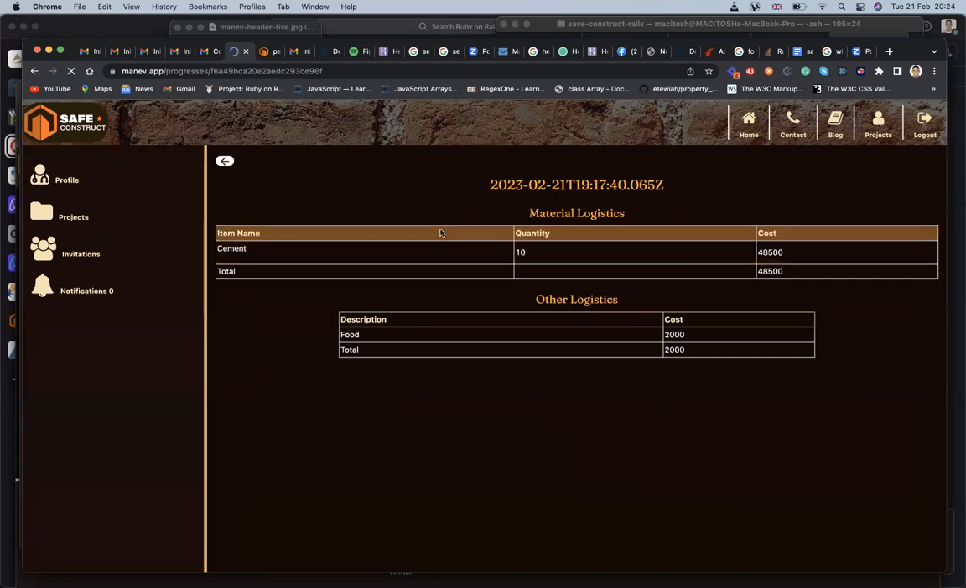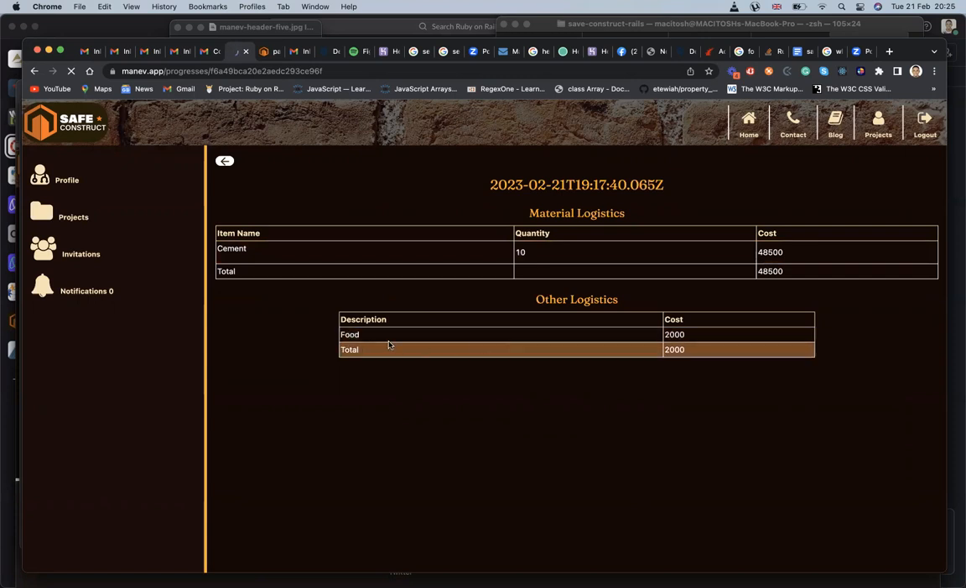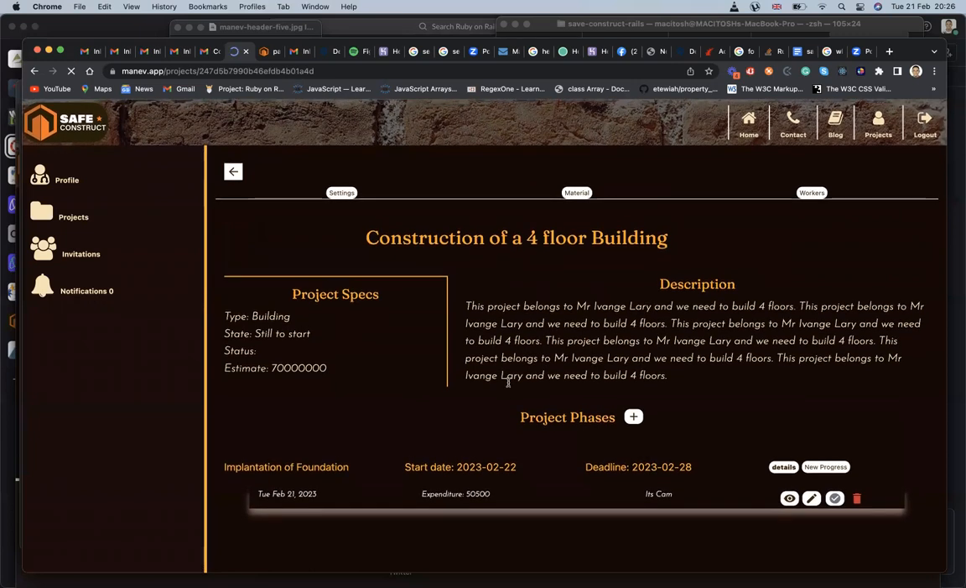So if you look at this progress, we have material logistics. All the materials used on this day should be listed. So maybe let's say we used rod and the rest, everything will be listed here. And for other logistics, everything under this category as well will be listed. So I'm going to show you guys something real cool that Manev also does for us. So if we go one step behind to the project show page, now we have